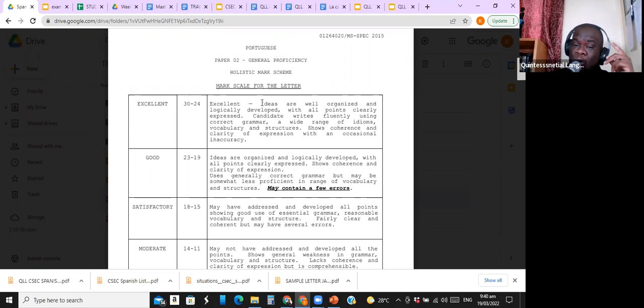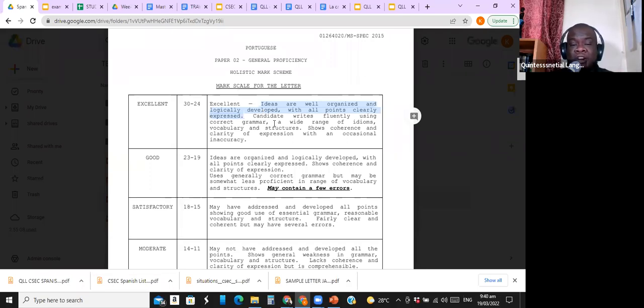When you are able to order your points and order the information in a letter like that, automatically, before even checking the grammar, the spelling, the accents, automatically you put yourself in the excellent band because your ideas will have been organized appropriately, logically developed, sequentially, and with points expressed. Now, how clearly, how fluently, etc. is another thing. But automatically you start off in this band by following the suggestion that I give you of how you order your points, etc. Right?